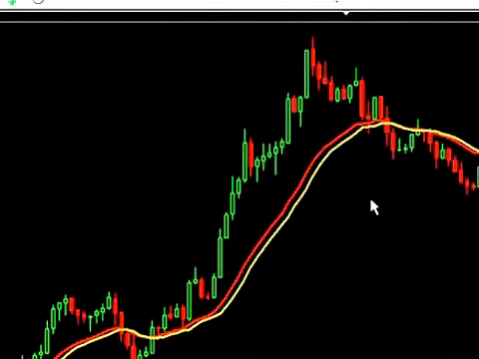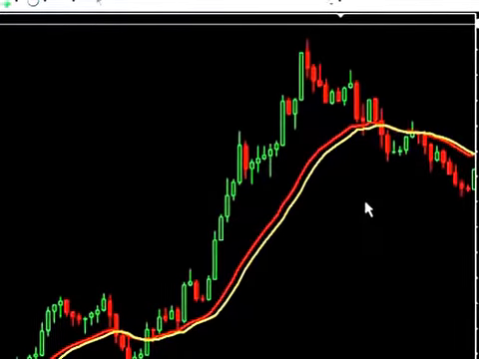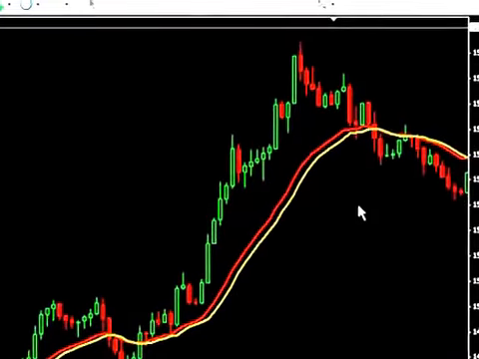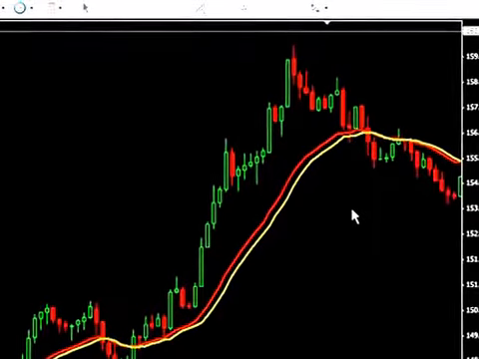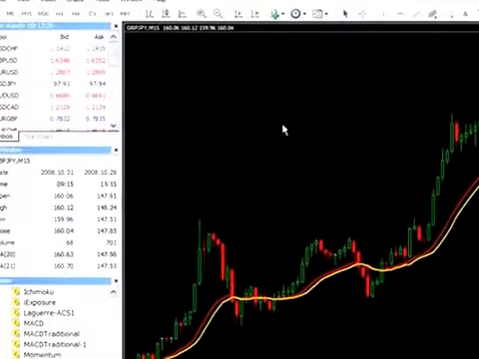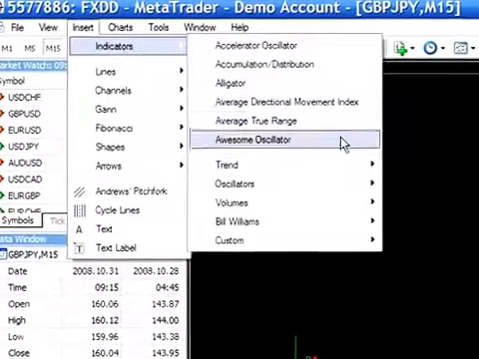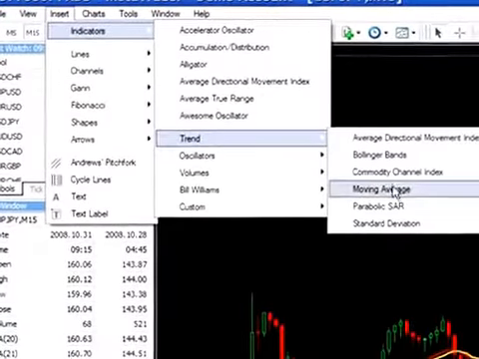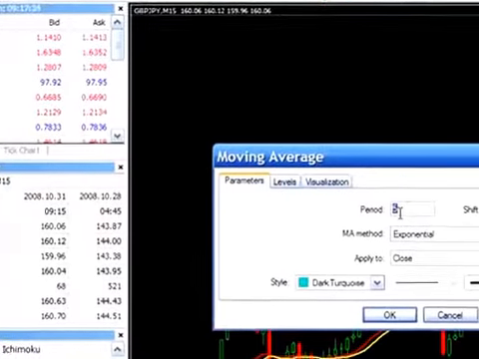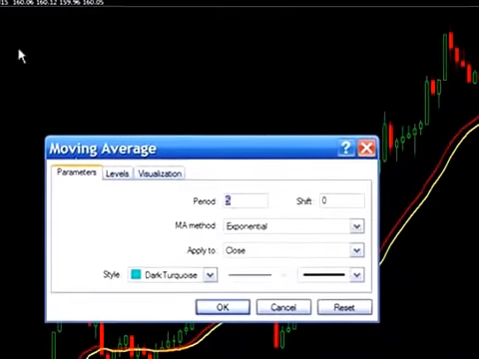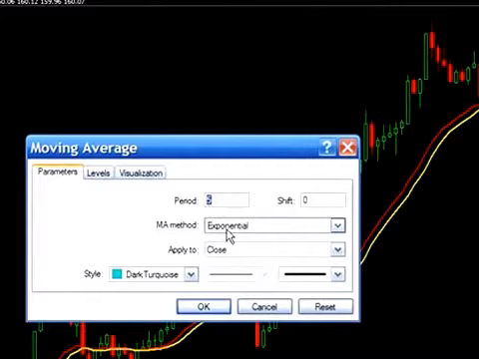Now, I use a lot of other things for stop losses and also profit targets, but the purpose of this presentation is just to show you the opportunity that's in the marketplace and also show you a simple way to make money. The key to the strategy is actually throwing another indicator on there. I'm going to throw in another trend indicator, which is another moving average, and I'm going to set it at 5. So 5 periods of 15 minutes, an exponential, close, and I've got it here as a dark